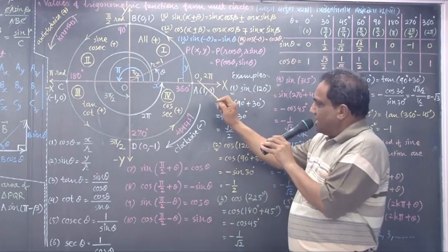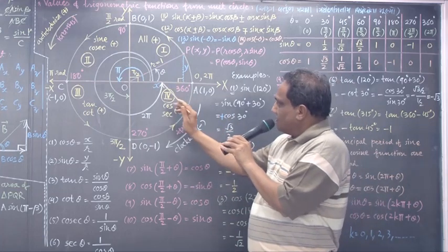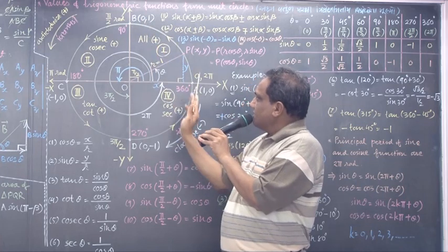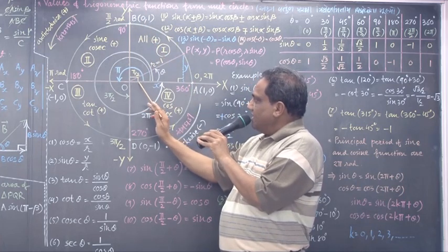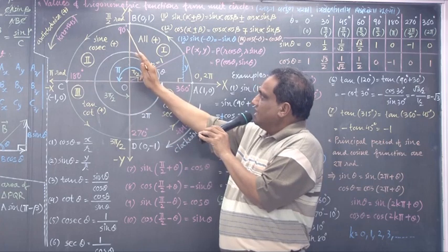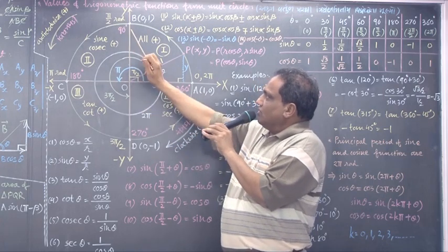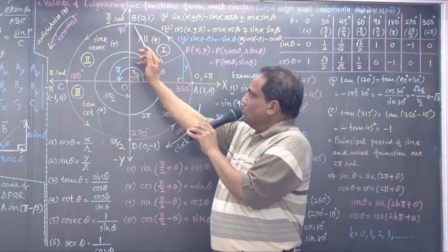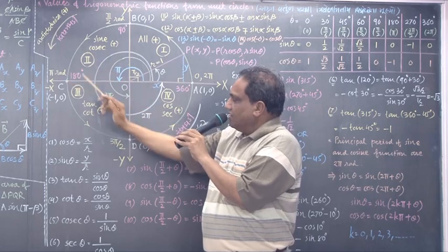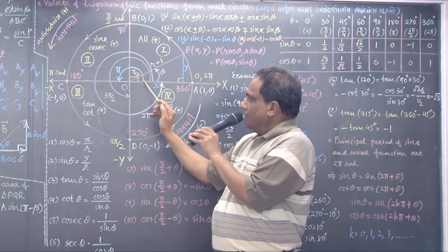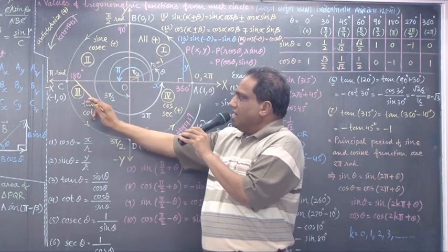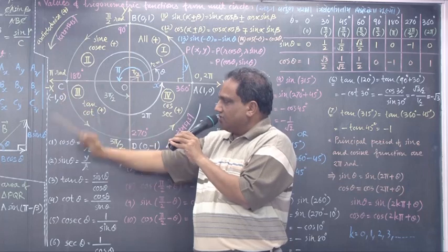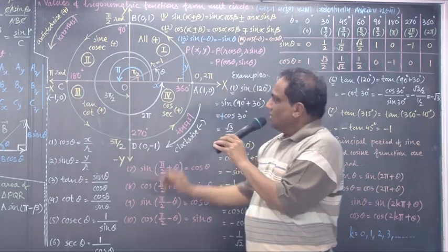Now take this as 0 degree here. Go this way, come here, anticlockwise. So this angle is how much, everybody? 90 degree or pi by 2 radian. So what is cos 90? 0. Sin 90 is 1. Go here. What is this angle? 180 degree or pi radian. What is cos pi? Minus 1. Sin pi is 0.